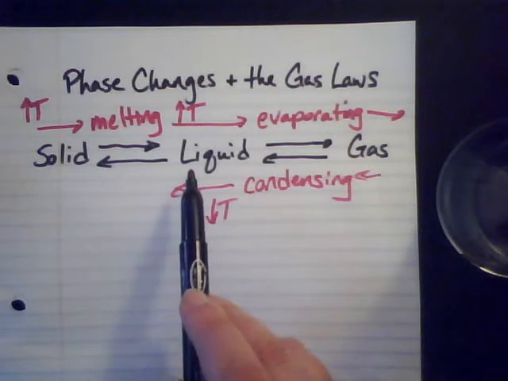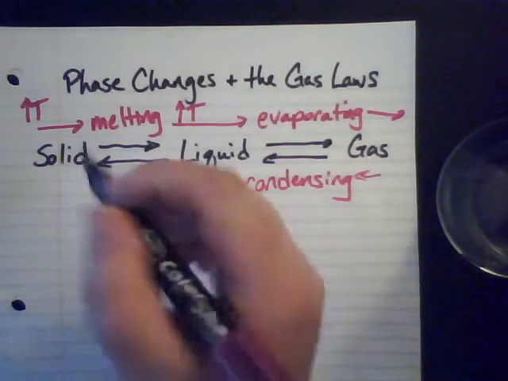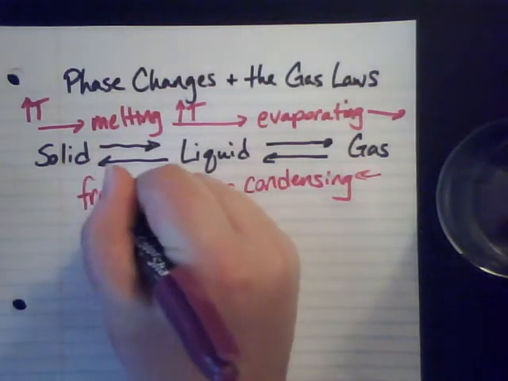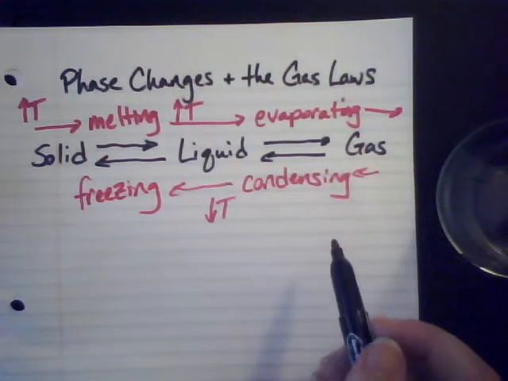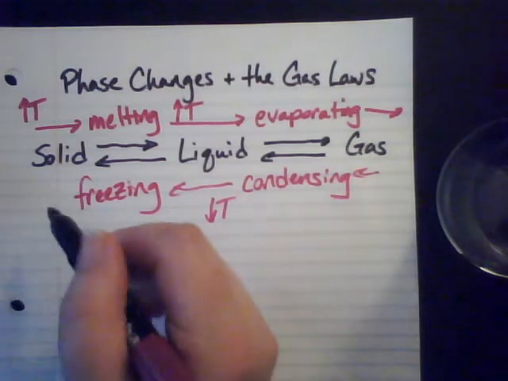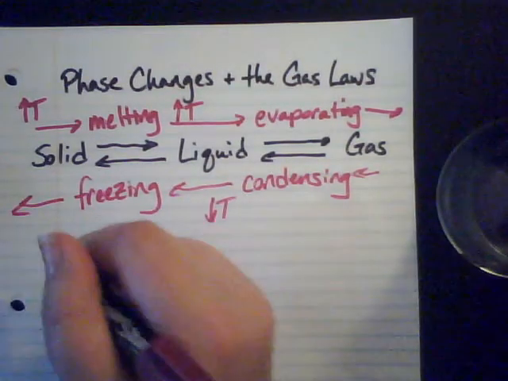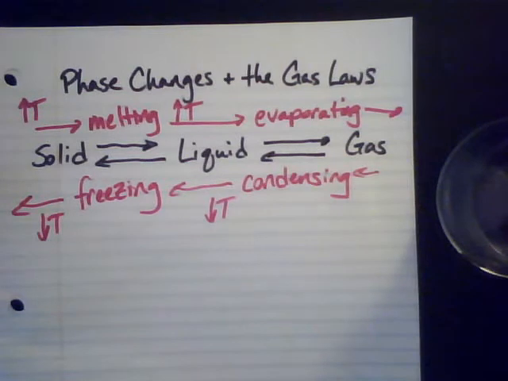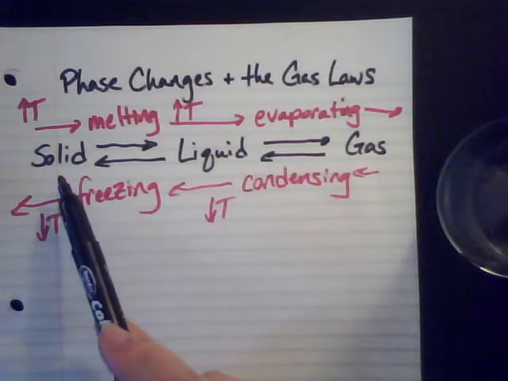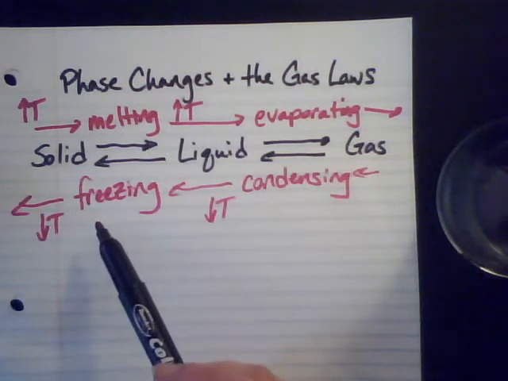Then we go from a liquid to a solid. It's melting going from a solid to a liquid. It's freezing going from a liquid to a solid. Then we have to remove the temperature again. And again, that's a familiar term to us. We know that to freeze something, we have to make it colder. And on a particle scale, what that means is that we have to remove energy, or that energy has to be released in some way, shape, or form in order to get those particles more closely packed in the solid form. Okay, so these are our phase changes.